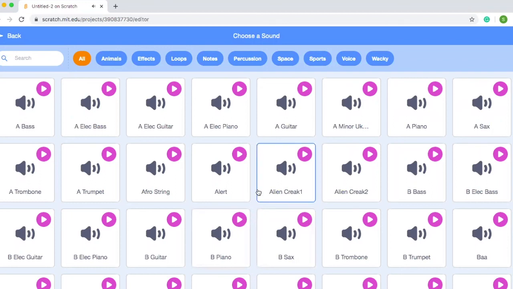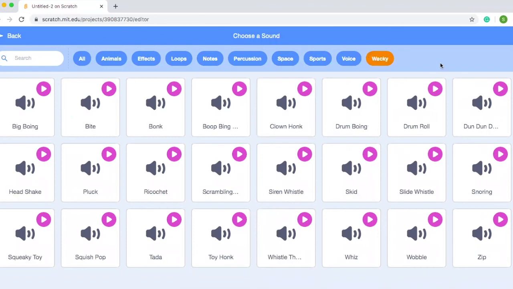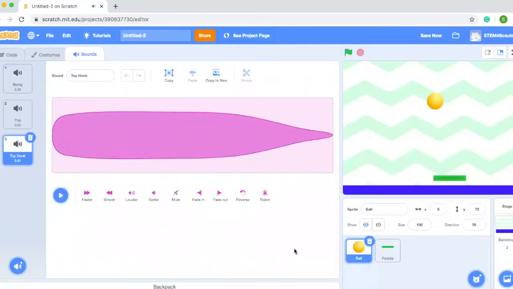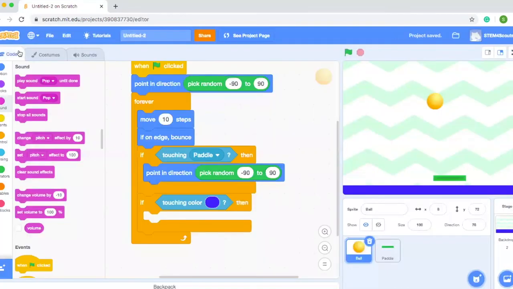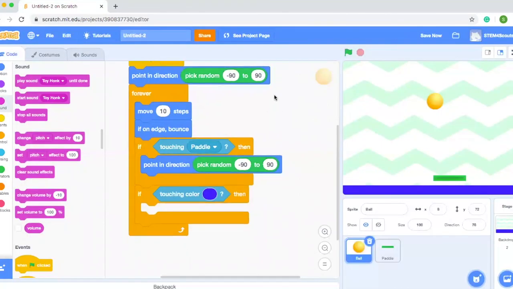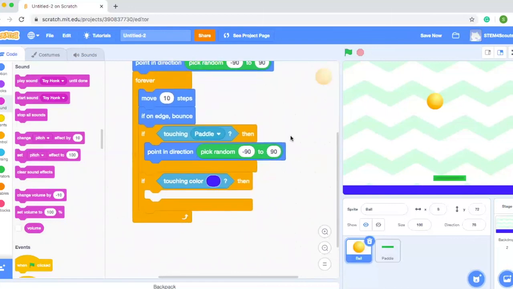So you can hover over them, and when you're ready to make a selection, you can click on the sample. I'm going to head over to Wacky, and I'm going to pick the toy honk. Oh my goodness. That is definitely very frightening. And then what we are going to do is we're going to say, okay, play the sound when we touch